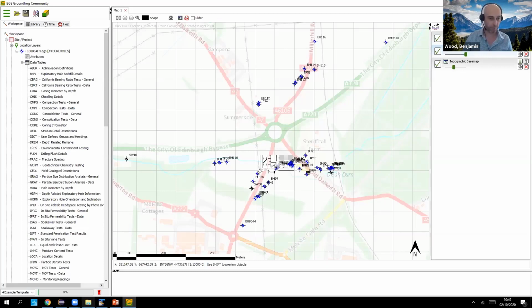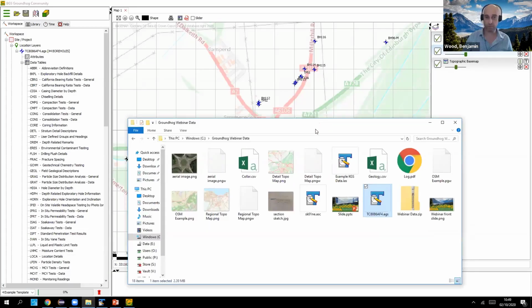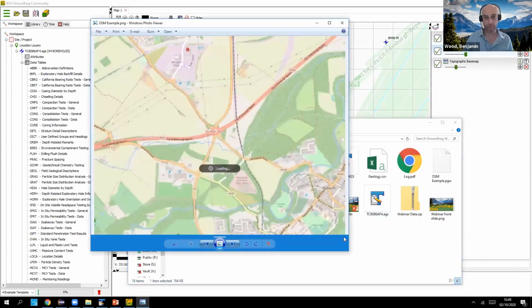And if you remember at the start, I explained that this topographic base map that we have is only available for the UK at the moment within Groundhog. It's a third-party web service as well. So generally, you might want to think more about bringing your own data layers in. I've got an example here that I've clipped out of OpenStreetMap